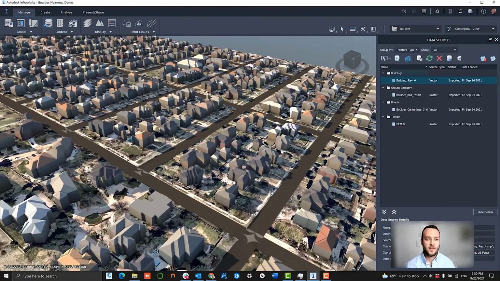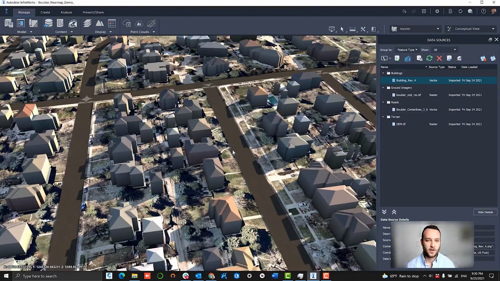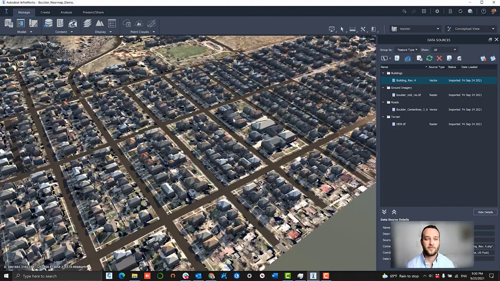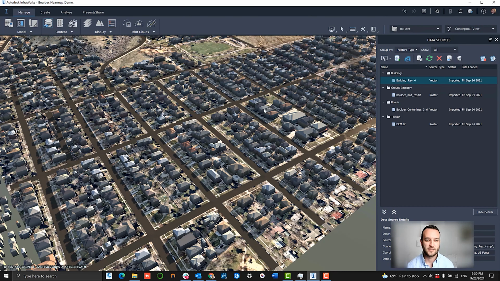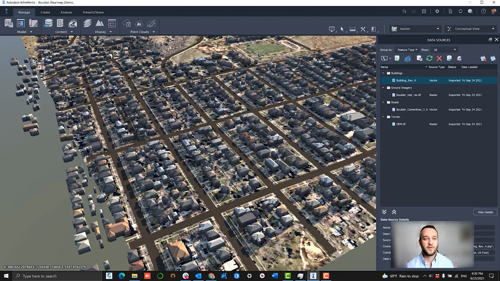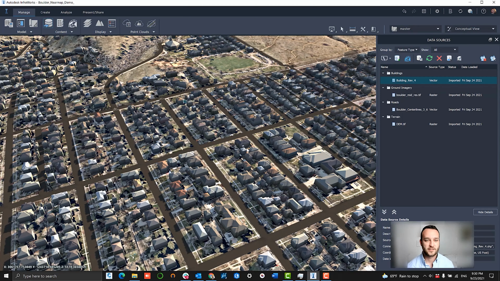Okay, so our 3D buildings have now loaded. Again, what we've done here is we've loaded the Nearmap AI vector building footprint layer as a shapefile. This has defined the geometry in the plan view of all of these buildings, and then we have simply loaded them as building objects and extruded up from those building footprints that we've loaded. So this is giving an impression of the real world. It's not quite the perfect representation of these buildings, but it's going to get us pretty close.